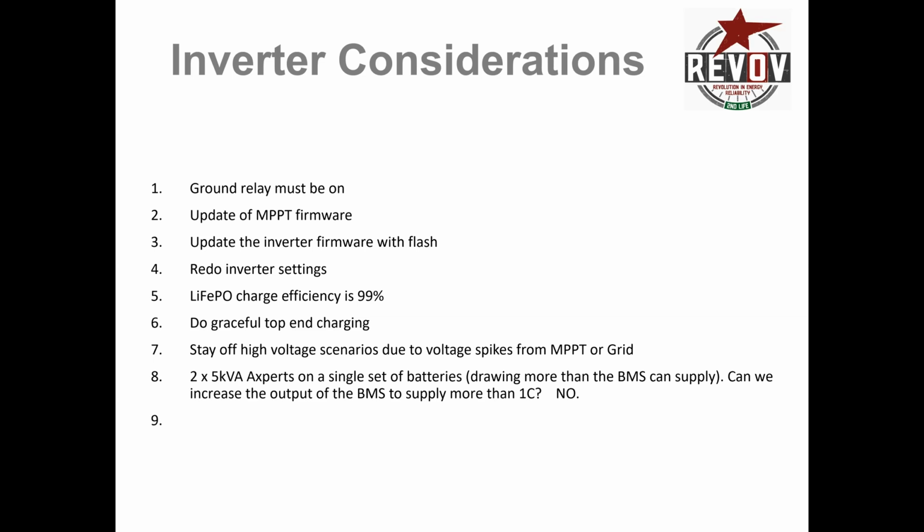And then Felix asks, if you have two 5 kVA inverters with a single set of batteries, in other words, they can effectively draw more than the BMS can supply because they can draw 90 amps each. Can we increase the output of the BMS to supply more than 1C? I'm afraid you cannot. So you do want to limit the maximum that your inverters can draw. In scenarios like that, we do like to recommend that you put in a double. You have to obey the rule of 1 to 2 to 5 to 4. So one for every kilowatt or every kVA on the inverter, you do 2 kilowatt hours on the batteries,